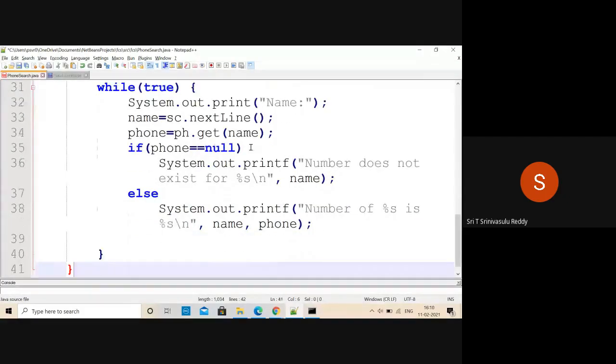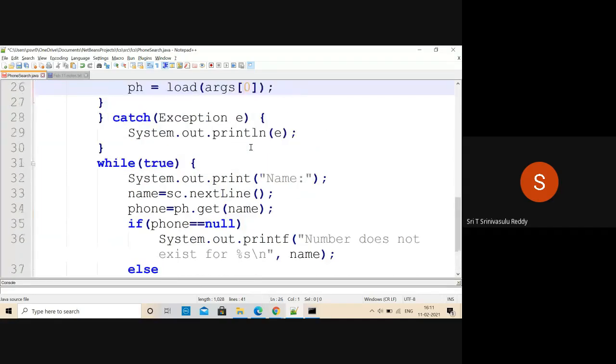Again, after doing this, our interest is to continue this particular thing. So it's already there, so what we shall do is remove this particular line. And this is a while loop. If you examine this while loop, you are continuously displaying the prompt. The user is going to enter the name, you search it and display, and again it's going to display the prompt. As long as you are happy with that, you continue. Otherwise, at the end, you just simply break it. So it's a forever kind of loop program.